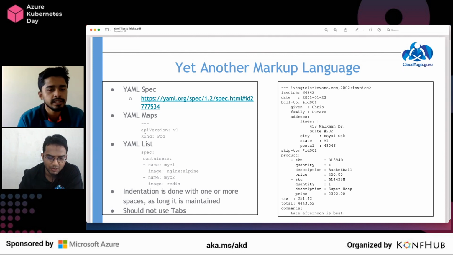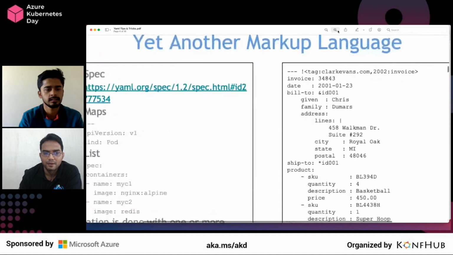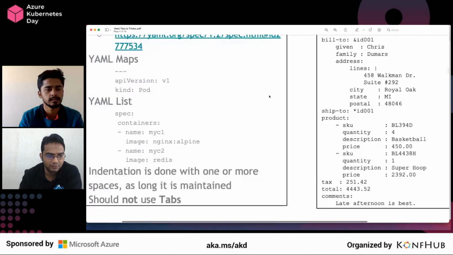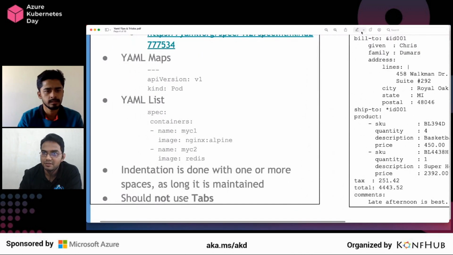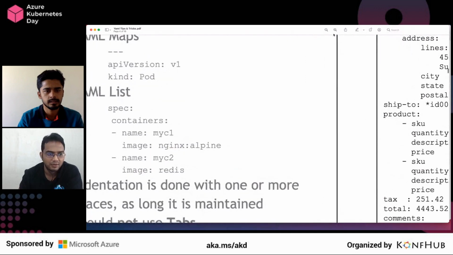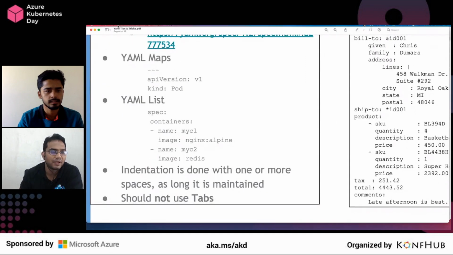So remember, sorry. Yeah, go ahead. Will it be possible for you to increase or zoom the screen? Let me see. Is it okay now? Hopefully, let me see if I can make it full screen.